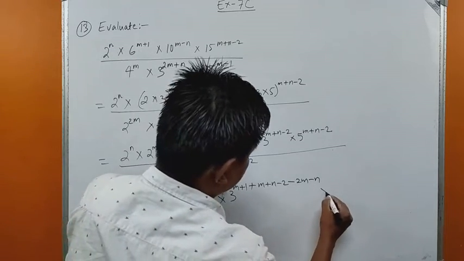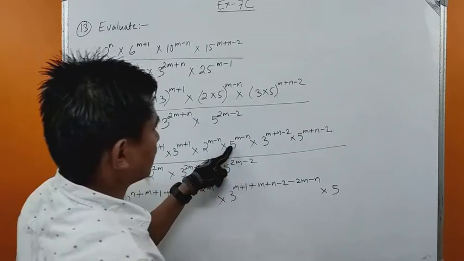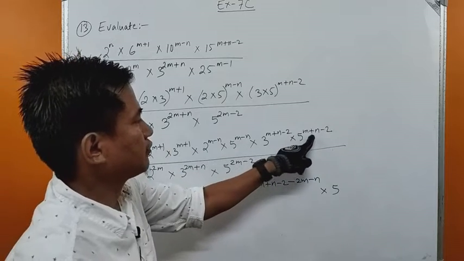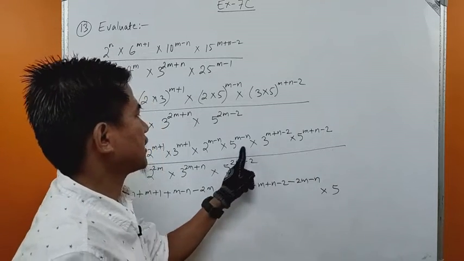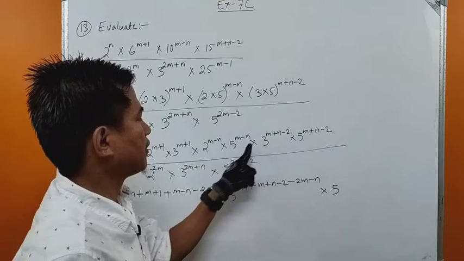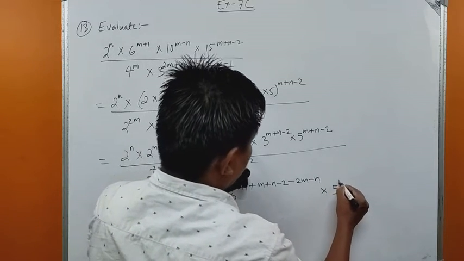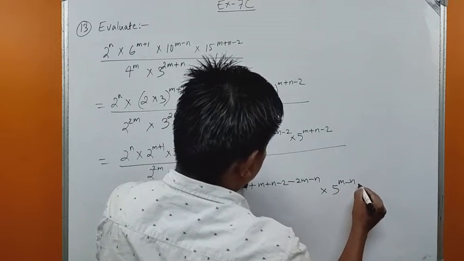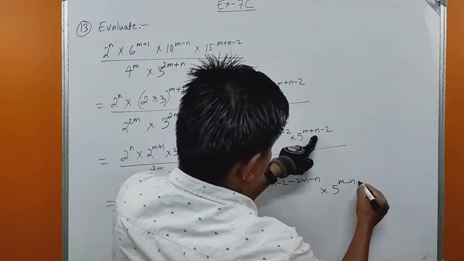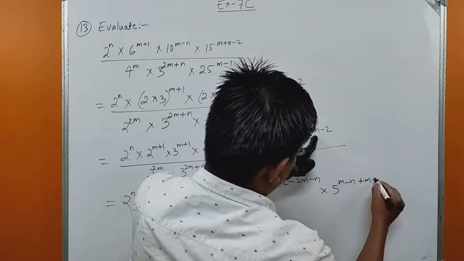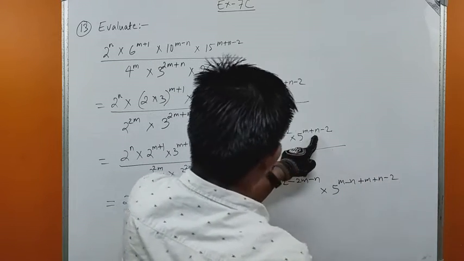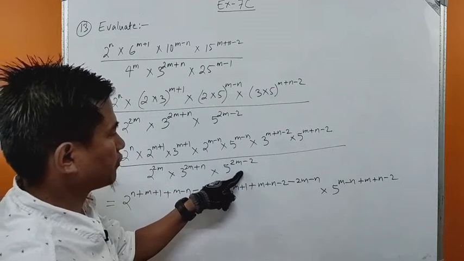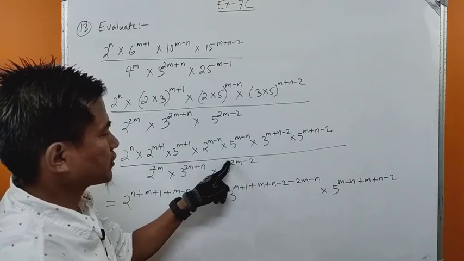5 into 5 to the power, here we have m minus n, here we have m plus n minus 2, same base, that means we must add up the power. 5 to the power m minus n plus m plus n minus 2. Now we have this 5 in the denominator, we bring this number to the numerator, the sign of the power